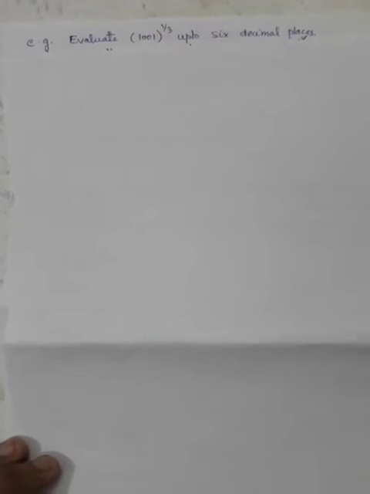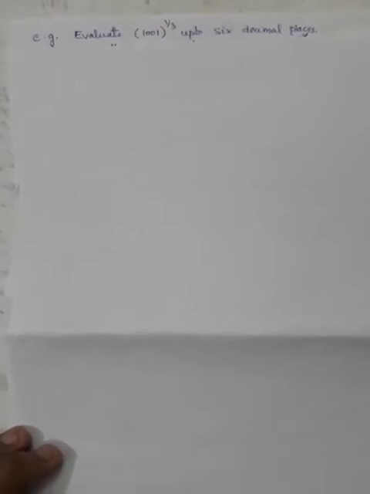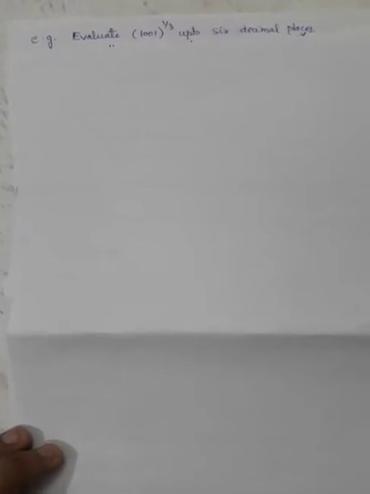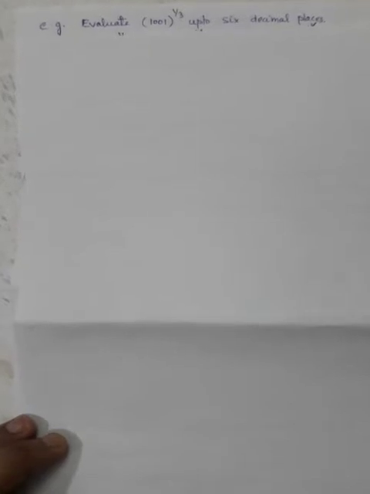Suppose a question has been asked to you. Normally it is not asked in such a way in exams, as it is not in your syllabus, but the use of binomial will be extensive in studying physics during your class 11th and 12th. So the question is, you have to evaluate the cube root of 1001 up to 6 decimal places. So the very first task is to convert 1001 into the form (1 plus x) raised to power n,